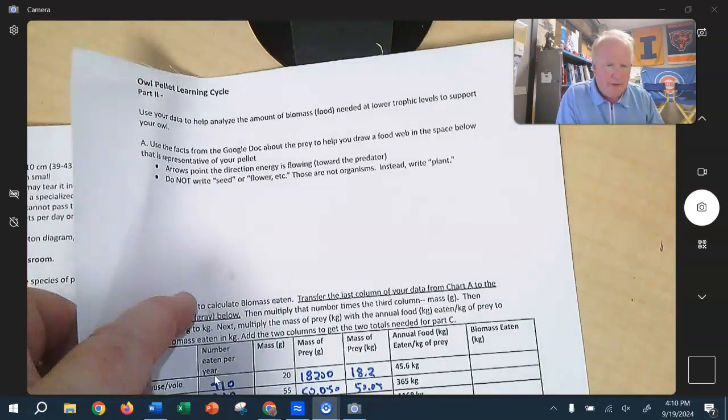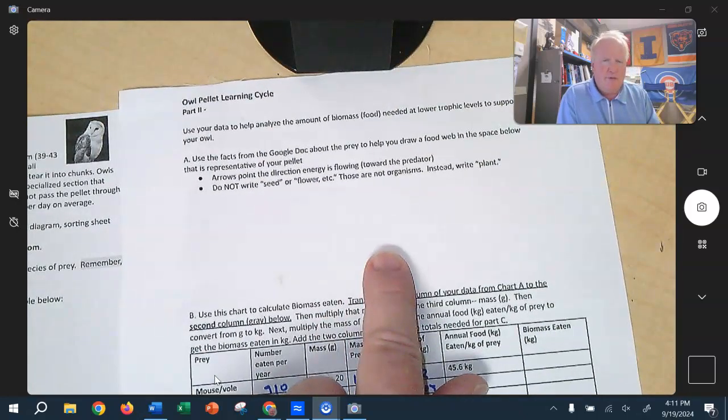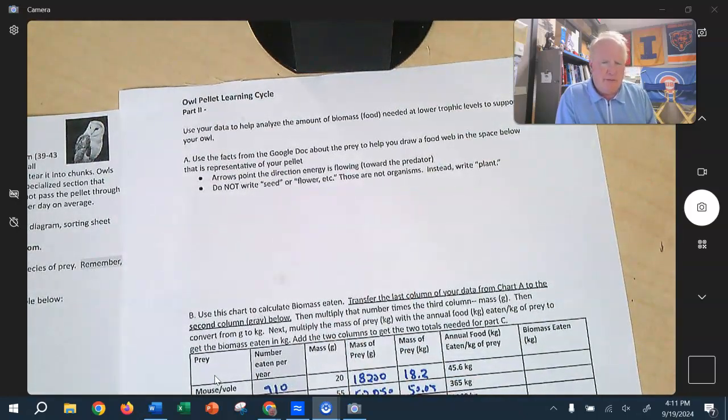But if you go back up to this here, they ask us to use effects and prey to draw a food web. So they want us to draw a food web for the particular animals that we found in